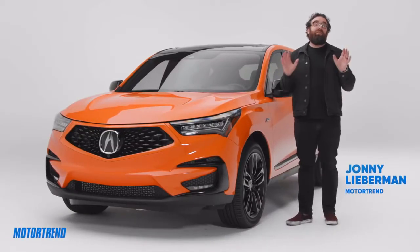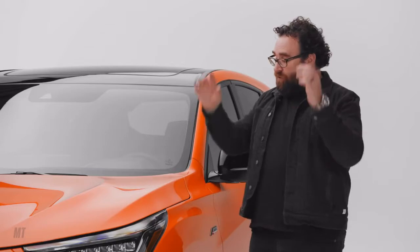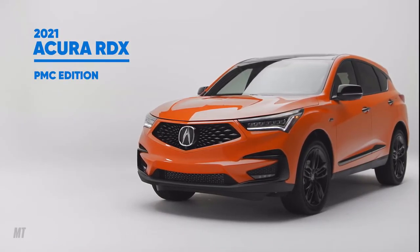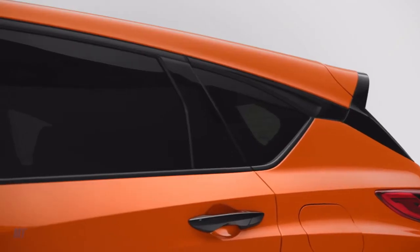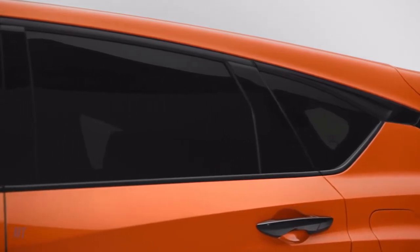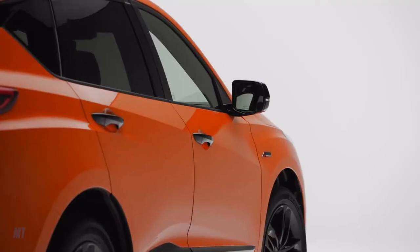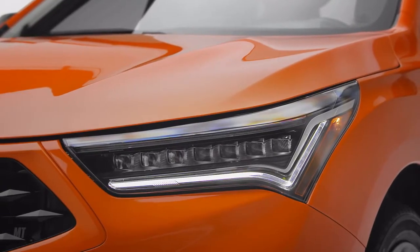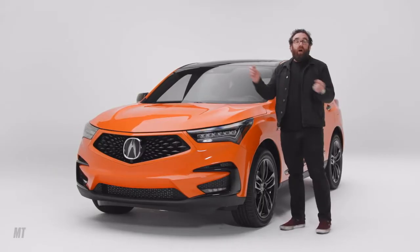The Acura RDX has been around since 2007, and there's no sign that it's going anywhere anytime soon. The reason is consumers cannot get enough of these kind of compact, kind of luxurious, kind of sporty SUVs. Like I said, it's the PMC Edition, Performance Manufacturing Center. That's in Ohio. It's famous because that's where they hand build the NSX supercar. Guess what? All 360 of these, and yes, they're only making 360 PMC Edition RDXs, are also hand assembled at PMC. The PMC Edition RDX represents a really good value because you get essentially every option available on the RDX